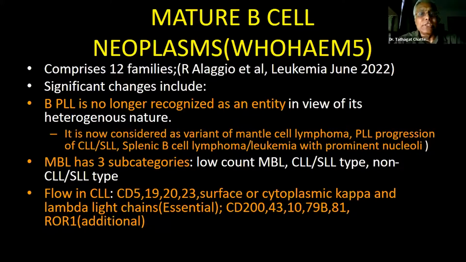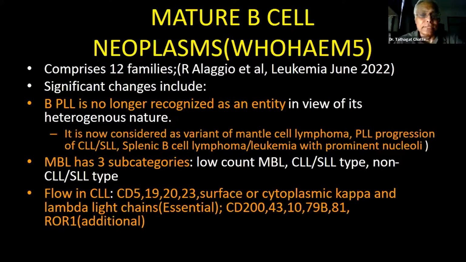Now, the significant changes include that BPLL is no longer recognized as an entity. Why? And we always thought so, that what is this BPLL? Because long time back, I had a discussion: are we dealing with the leukemic phase of mantle cell lymphoma? What is this BPLL? Thankfully, the pundits have now removed this because they say, in view of its heterogeneous nature,